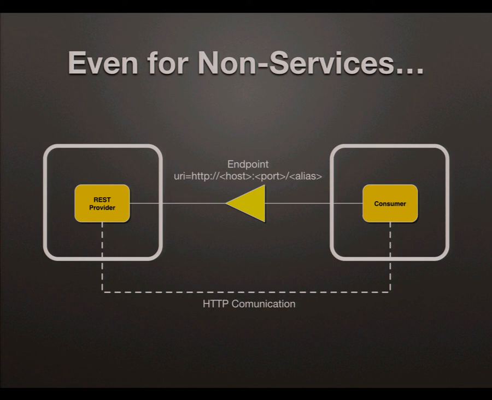Well, I can advertise a service. This is a service that doesn't necessarily have any methods. It's an endpoint service. So I advertise a service with a URI attached, which is a string URI. When I provide my service, I also advertise that I have a service. And I say, I'm serving HTTP on my host address, my port, and this REST alias. And now the consumer can see this. I could write a declarative services component in here, inject the endpoint into it, pull out the URI, and start talking to it straight away as soon as it comes up. And I can also be notified when the thing goes down.